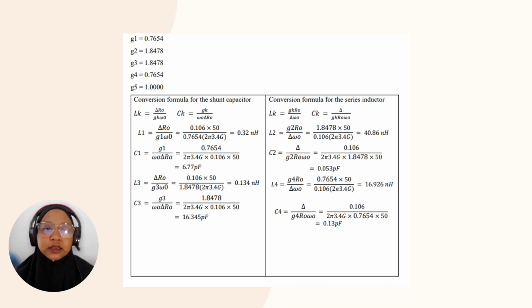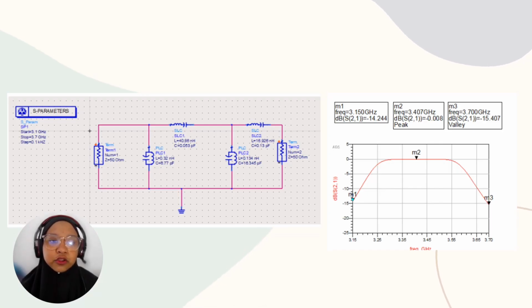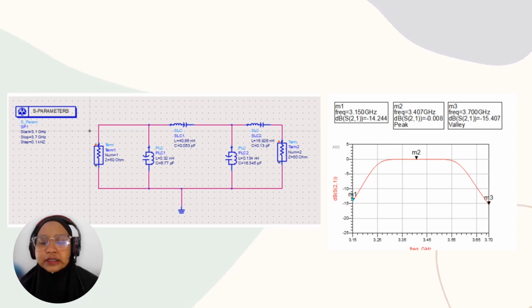This is where we calculate L1, C1, L3, C3, L2, C2, L4 and C4 using the formula given and the G1 to G5 values. This is the circuit for the bandpass filter using 3.5 GHz and bandwidth 360 MHz, maximally flat, and n equal to 4. And then this is a graph with frequency M1 3.150 GHz,